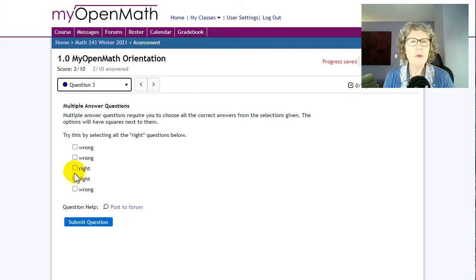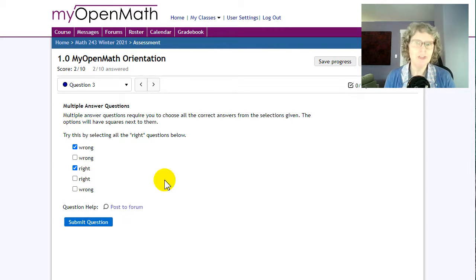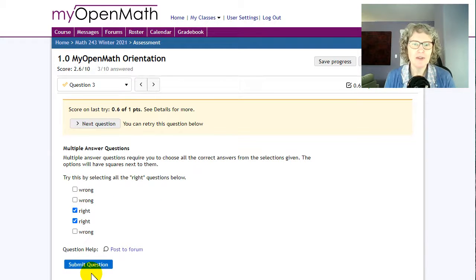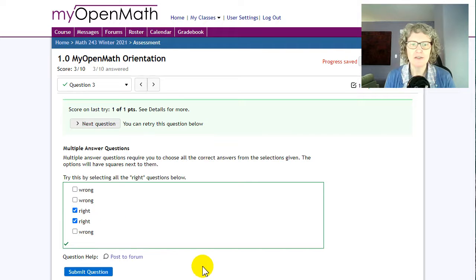Now, when there's a square, that means multiple answers are usually right. This is a tricky part because you have to figure out which of the many different combinations are right. Here I have it partially right and partially wrong, and you can see it's yellow. So there's a yellow, green, red system. If it's yellow, it means it's partially right, but I don't know what is right and what is wrong. Except fortunately, on this orientation, I know these are right and I know that one's wrong. So now I've got the right combination of things.